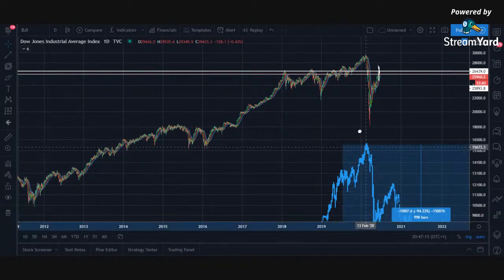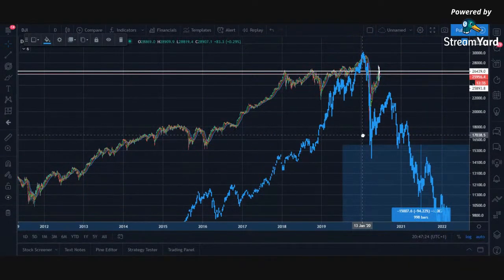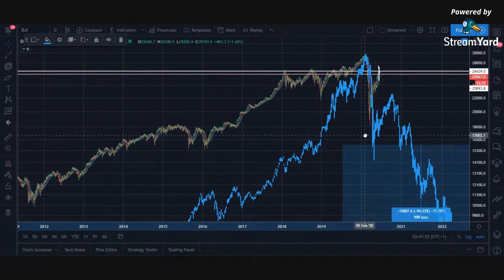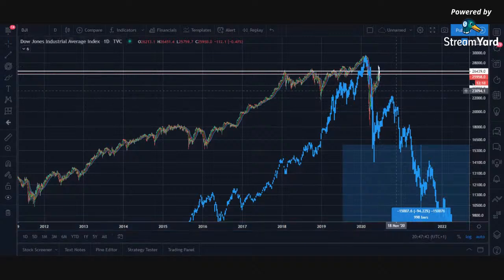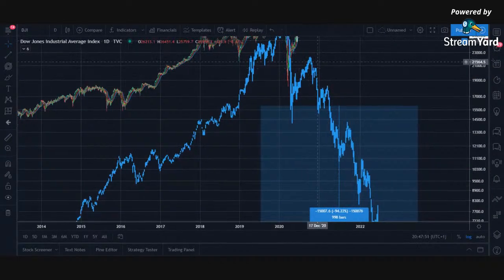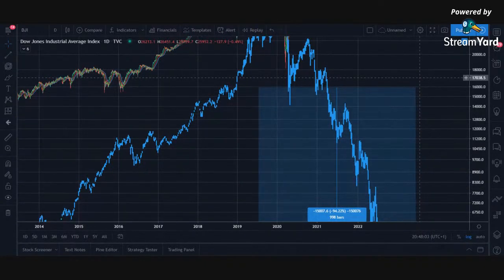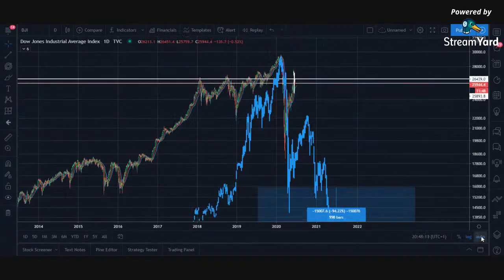Just taking a look, the market didn't correct to the upside as much. So basically it topped out. It had its bottom, like we can see here. It has its recovery, like we can see in here as well. Then after the recovery, it was just crazy. Bam. A little bit higher than the low, went up, bam, down. A little bit higher, bam, down. Till it bottomed out. So this is what I wanted to show you, because if history is about to rhyme,